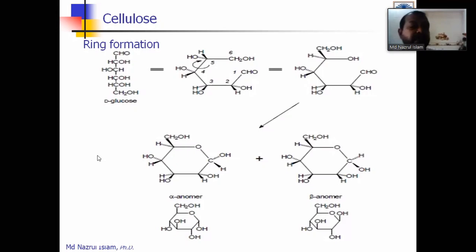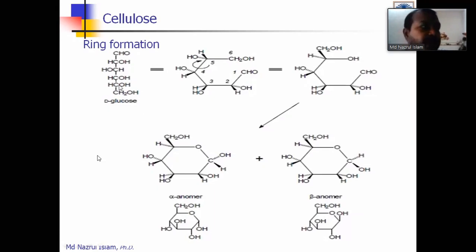When we see the different linear structure, and if we get the linear structure of D, that can again make alpha or beta. So which one will we choose? Which one will we get in wood? Definitely beta. Earlier we mentioned that wood is made from glucose, but now we cannot just say that. Wood is made from beta D glucose. That means in wood you get the beta anomer and D glucose.